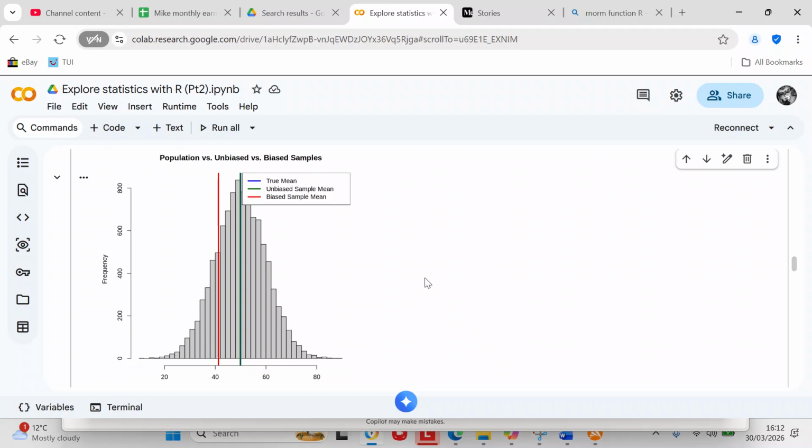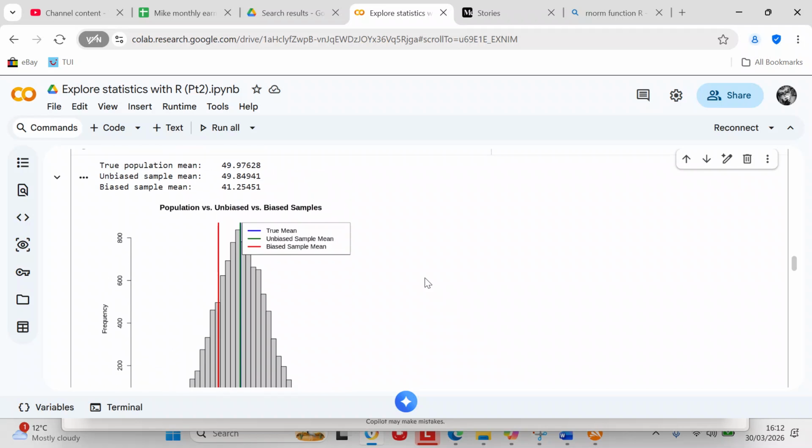So your biased sample is 41, and your true mean is 49 or 50, and your unbiased mean is 49. So, or really, true mean is 49.976. Unbiased sample mean is 49.849, and biased sample mean is 41.254. And the reason for that is because